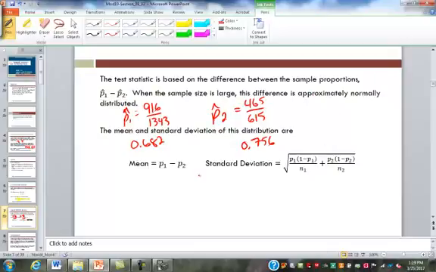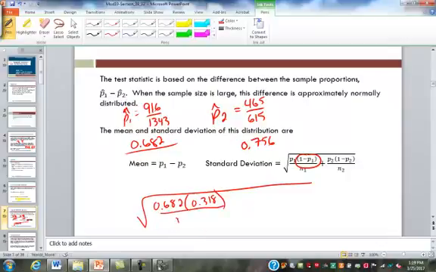The standard deviation of the difference of the means. We're not talking about the standard deviation for a single mean. Remember, for a single mean, it's p times 1 minus p over n, and then it's square rooted. That's the standard error. Well, when there's two of them, we have to add those two together within the square root. So this is going to be the square root of 0.682 times 1 minus 0.682, which is 0.318. I just subtracted 1 minus the 0.682, over n1, which is 1343,